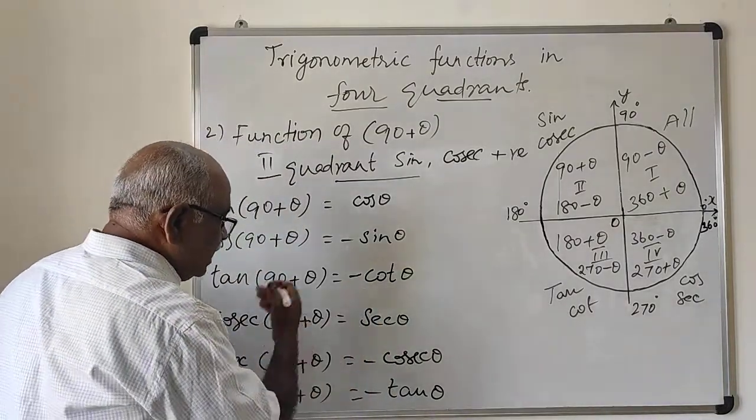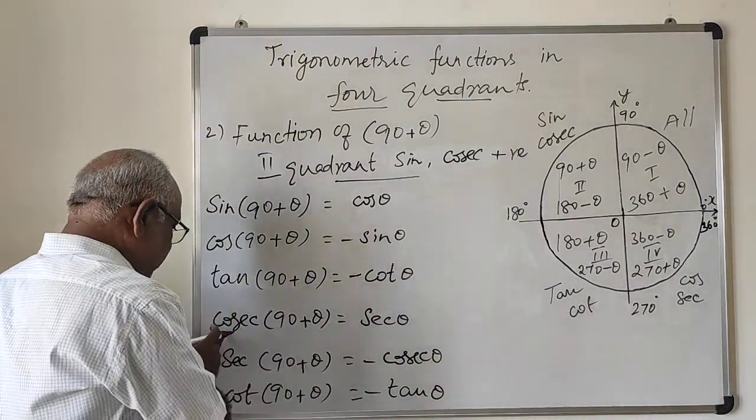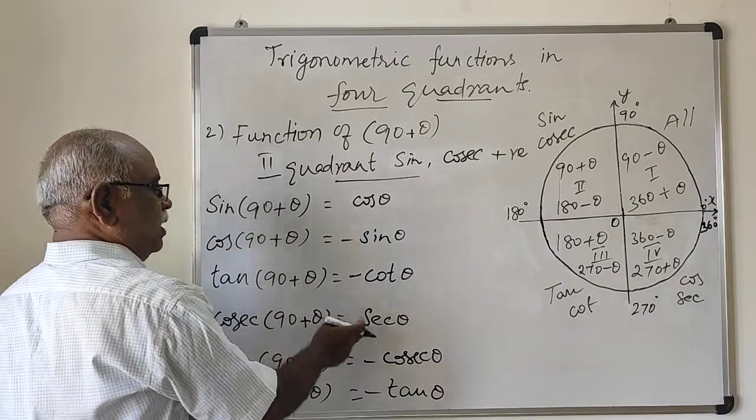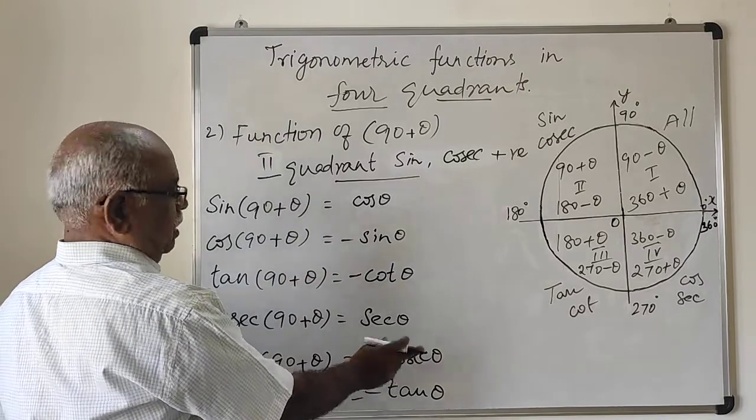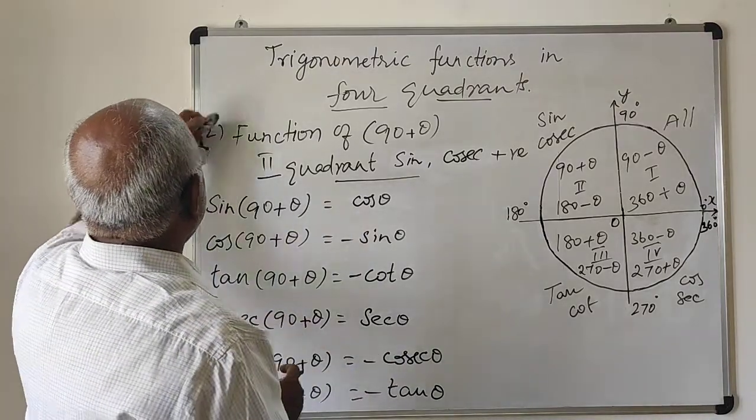You are not seeing the right hand side expression. You just see the left hand side. Cosecant positive, therefore answer in positive symbol. Secant negative, therefore minus cosecant theta. Like that. And the third one,